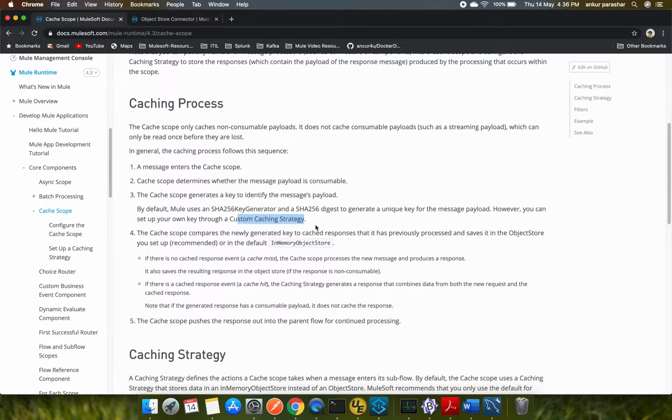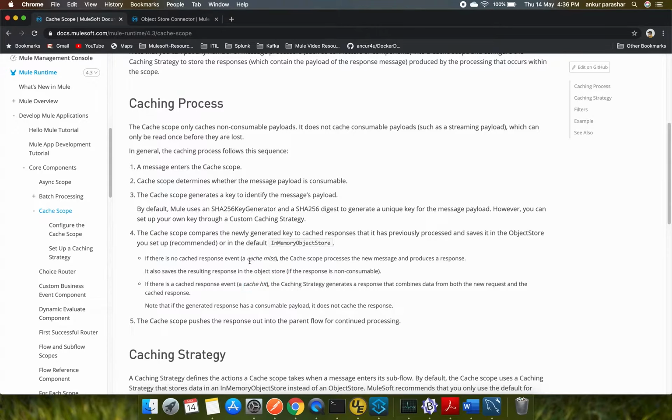Apart from that, cached responses can also be saved into object stores, either in the object store or in an in-memory object store as well. So there is a concept of cache miss and cache hit. If a particular response is already maintained within a cache, in other words, if the response payload was cached in one of the previous hits, then it is called a cache hit.